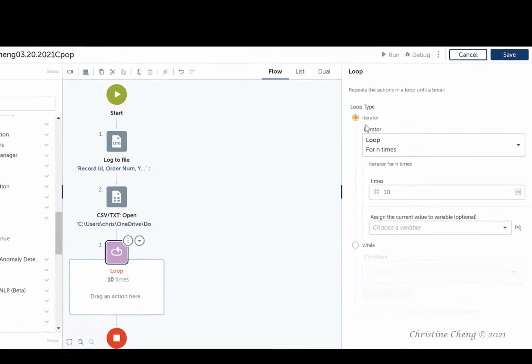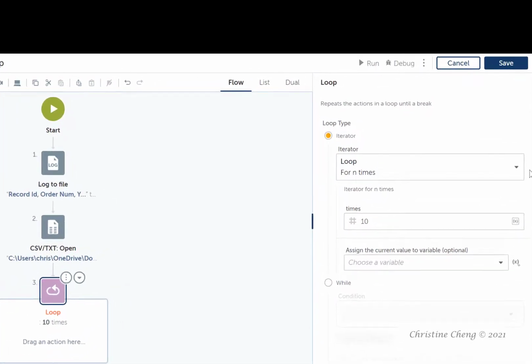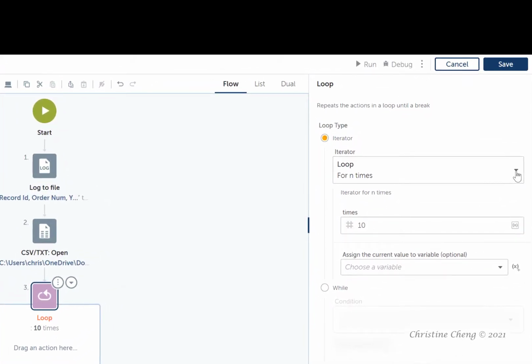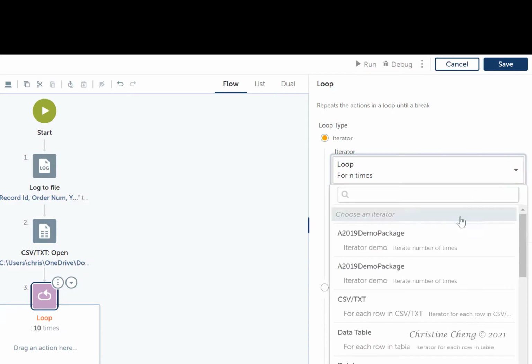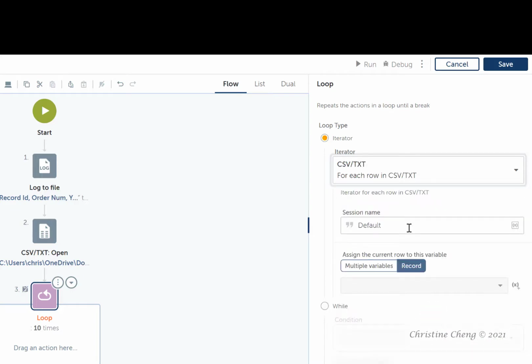We're going to leave the radio button for Iterator selected. And in the Iterator box, we're going to click on the down arrow and we're going to choose for each row in csv.txt. We're going to leave the session name as default, and we're also going to assign the current row to